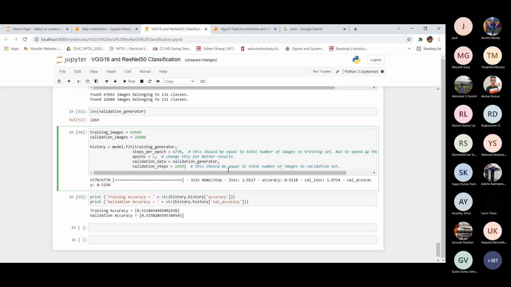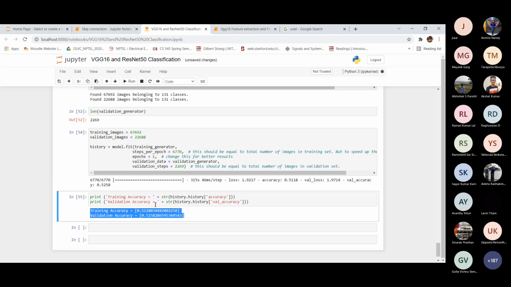Training accuracy and validation accuracy increase. This is the same reason, because the activation functions and the batch normalization are not active. So this is why the validation accuracy is coming more, I think.